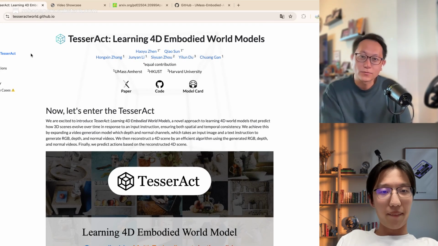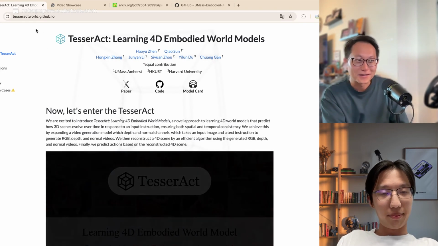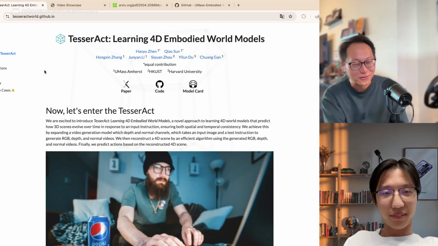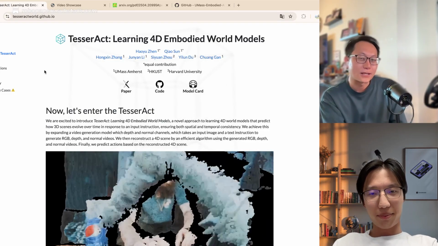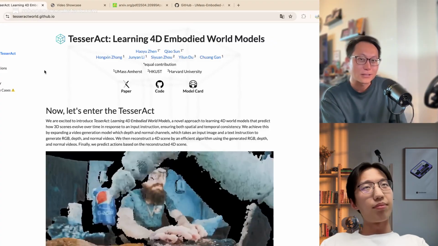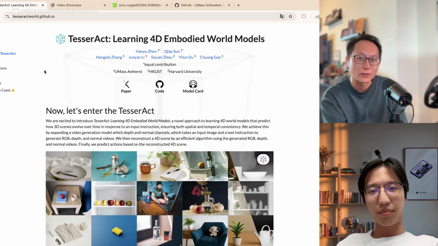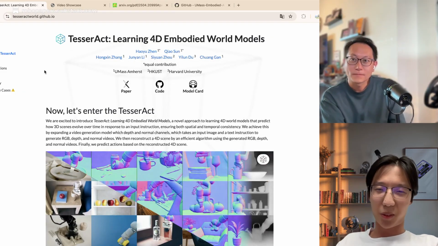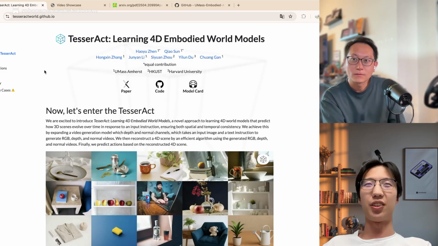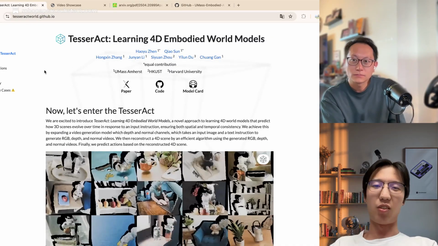Yeah, I guess maybe just really quickly for even those non-researchers who may be listening in, can you describe exactly what you mean by world model? Is it like a case of generating videos? And what do you mean by 4D, if you can? Yeah, that's a great question, and it's also the motivation of this paper.